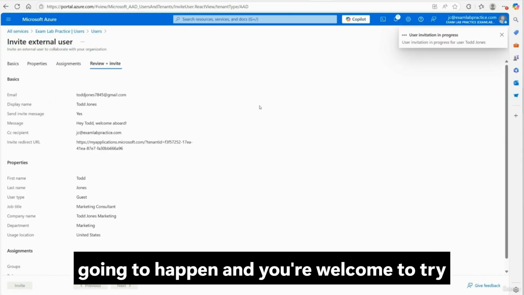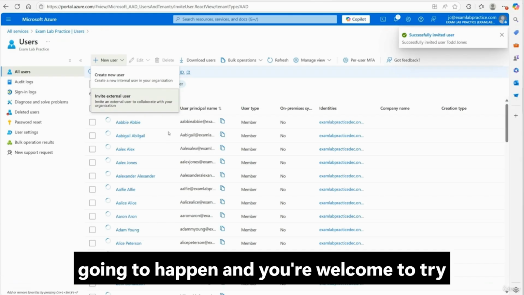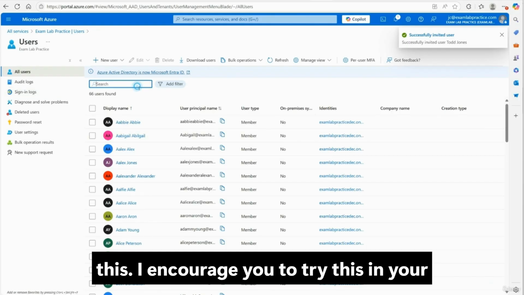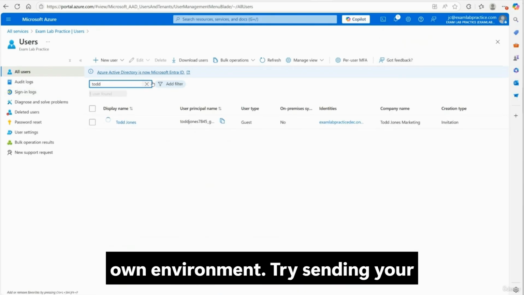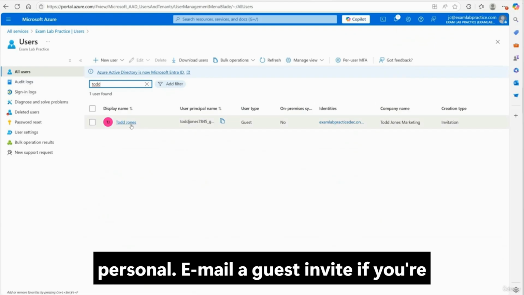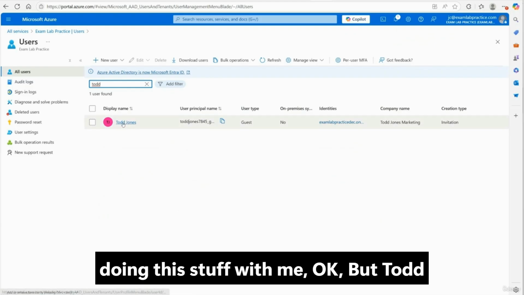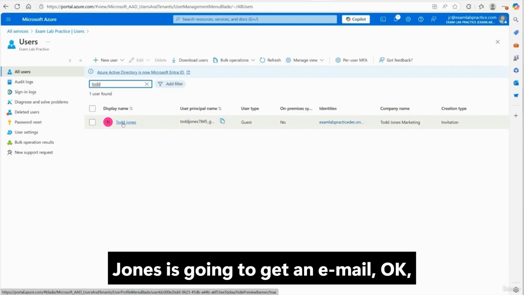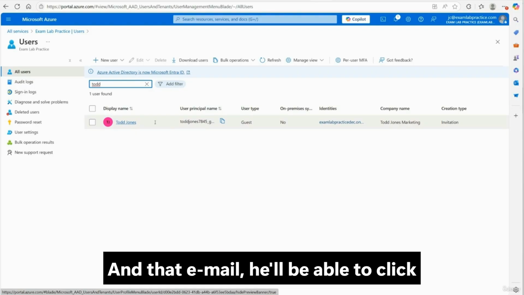So here's what's going to happen. And you're welcome to try this. I encourage you to try this in your own environment. Try sending your personal email a guest invite if you're doing this stuff with me. Okay. But Todd Jones is going to get an email. Okay. And that email, he'll be able to click that email. In fact, if I go to